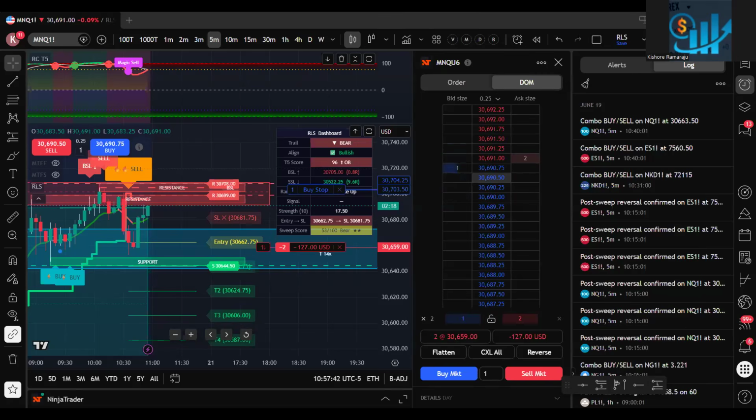Robinhood is a good one. The only thing is sometimes your fills. One problem with Robinhood is if something is going very well, if some stock is moving very, very fast, sometimes they put a block on trading. That is one problem. The second problem is your fills will be a little expensive compared to other brokerages. Otherwise, the UI and everything is good.